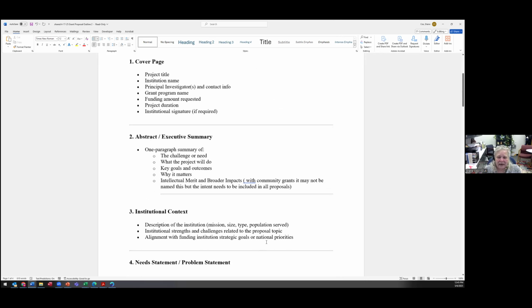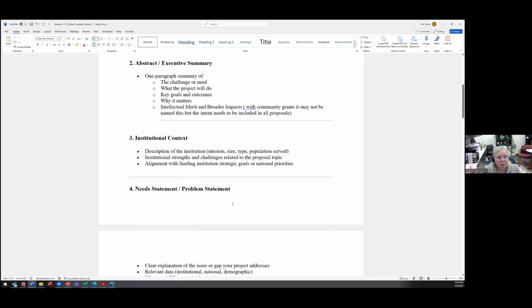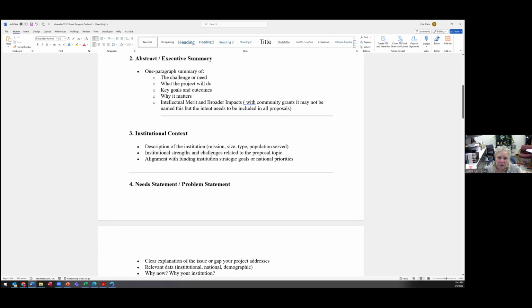Now, a lot of the state proposals are in the system and their applications. They have a section for each question, so you just answer the question. But the questions are tied to the topics in here. Of particular importance is, what is your organization? Is it aligned with the funding opportunity purpose? Why are you the best organization, and why is your project the best to address whatever the need is that the funding opportunity wants to address? So those, 2, 3, and 4 there, are probably the most important sections to make a really strong case for